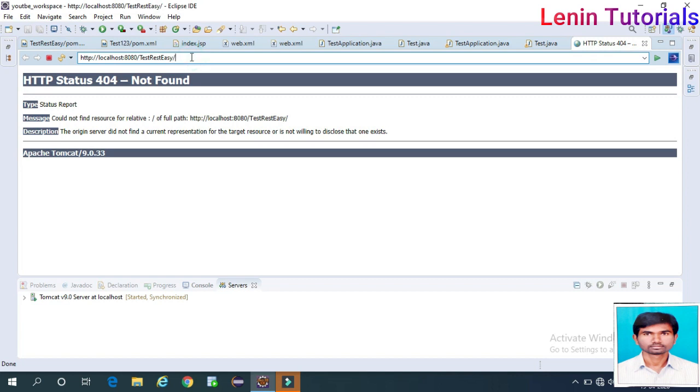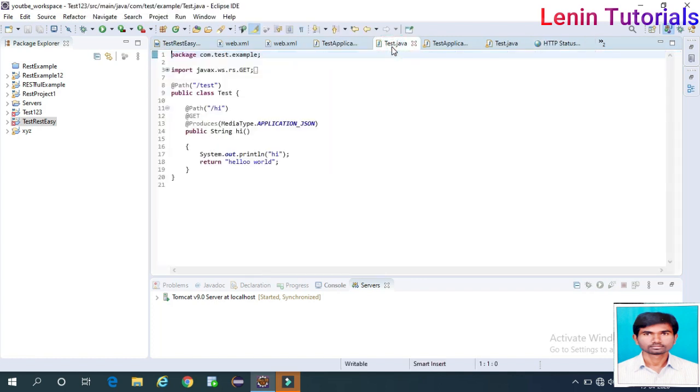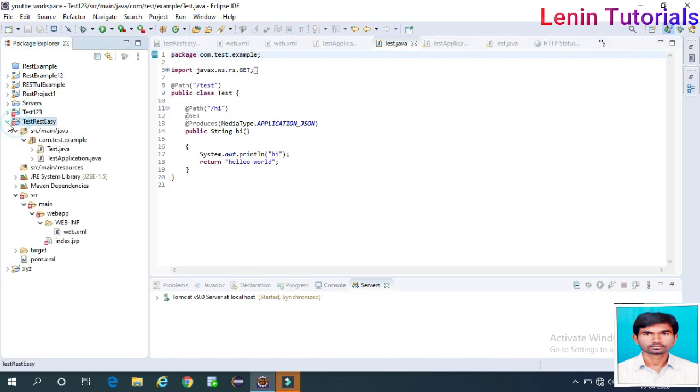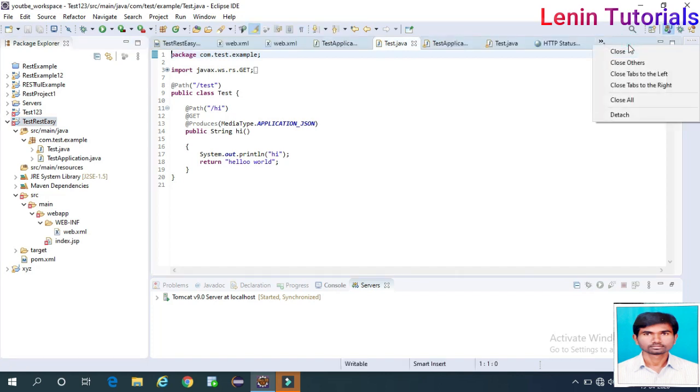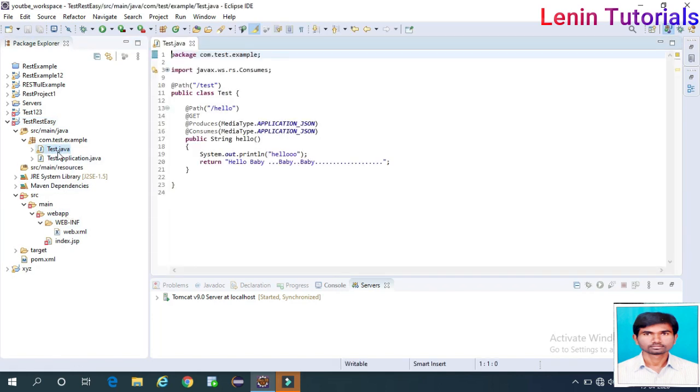Now what we need to give, what is the REST endpoint URL here? Go here. Okay, test, RESTEasy, TestApplication test, right? Yeah, test slash hello. One minute, close all this. Okay, yeah, test slash hello.